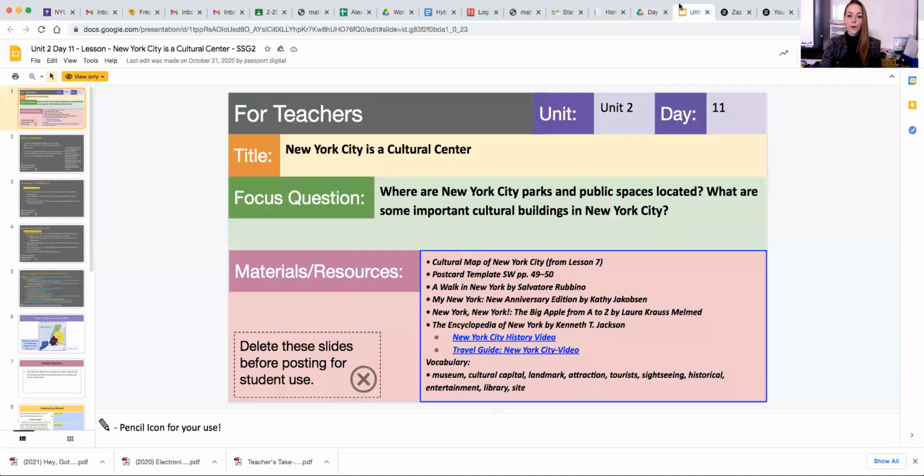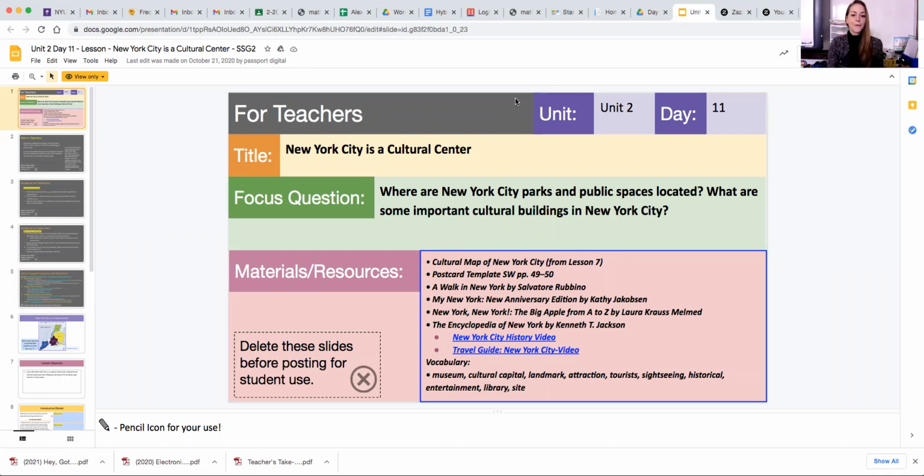Today, I'm going to share with you a modification that's specifically designed for the Passport curriculum in social studies. This lesson is for grade 2, unit 2, day 11. Now, while the modification that I'm going to share with you today can be used in this specific lesson, and I'll model it in this specific lesson, it's actually a modification that you can use in a variety of different lessons across different subject areas. But for today's purposes, I'm going to share how I would use it with Unit 2, Day 11 for Grade